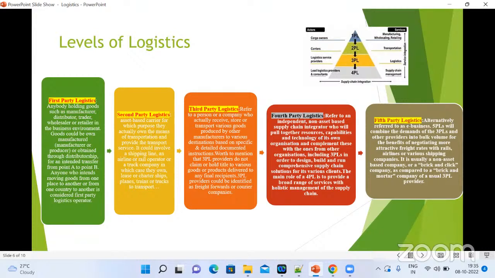Fifth party logistics is like an alternative to the referred e-business. Like we have Naptol, or Amazon. These have bulk volumes of products. They get all these products from freight rates or with the rails. They get them directly from another country and try to send them to the customer. So it is like brick and click. We don't have that company physically, but it is cloud based, like we have Fasos as a